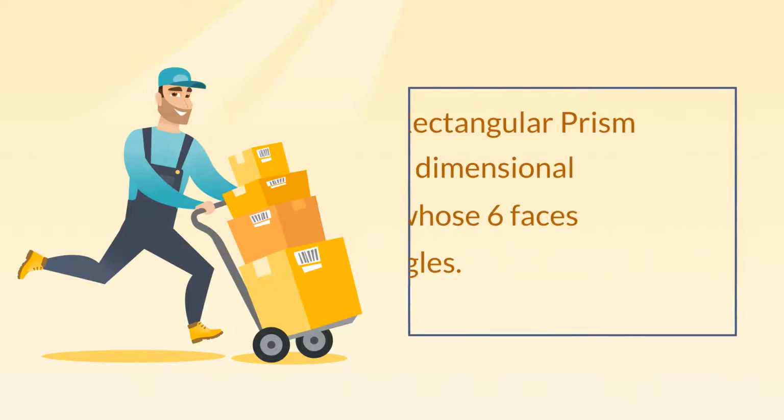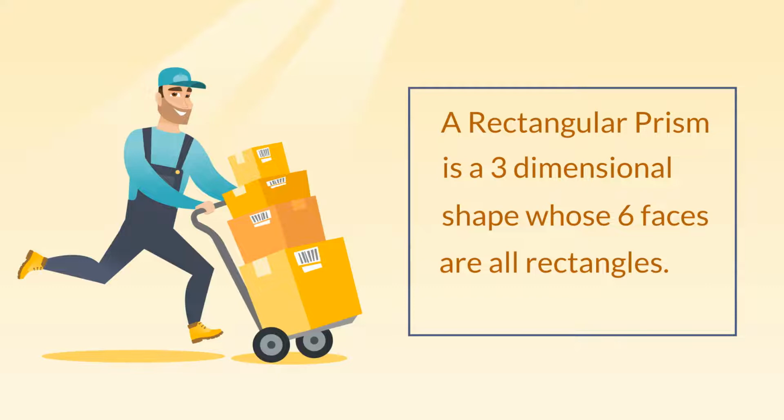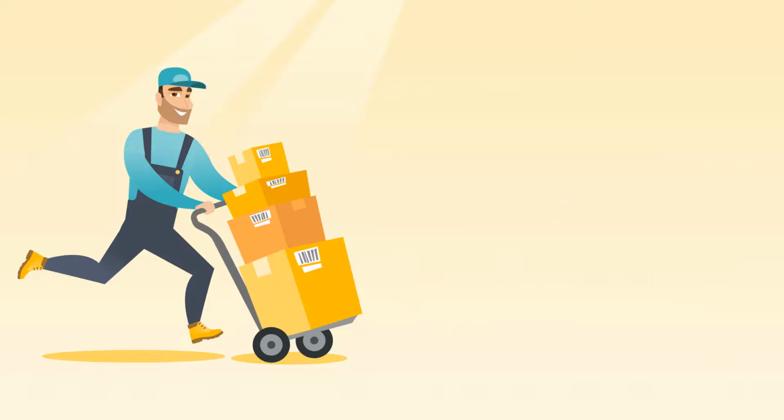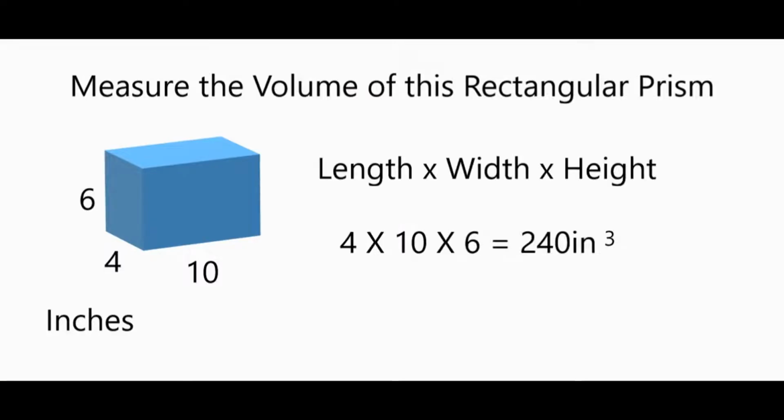But what is a rectangular prism? Well, a rectangular prism is a three-dimensional shape whose six faces are all rectangles. How do you find the volume for a rectangular prism? Let's review. To measure the volume of a rectangular prism, you multiply the length times the width times the height. For this prism, that would be 4 inches times 10 inches times 6 inches, and that would equal 240 inches